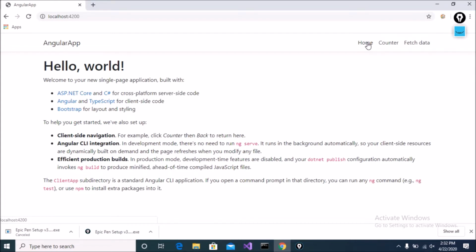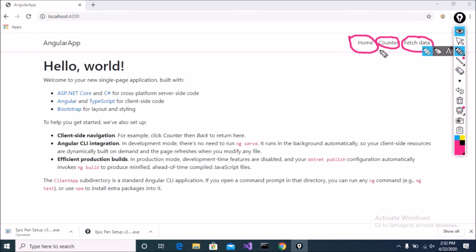Today my agenda is to use a single component for a modal pop-up. That means a generic component can be called from the home component, counter component, and fetch data component.